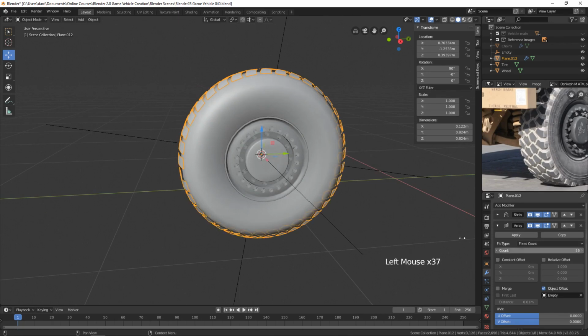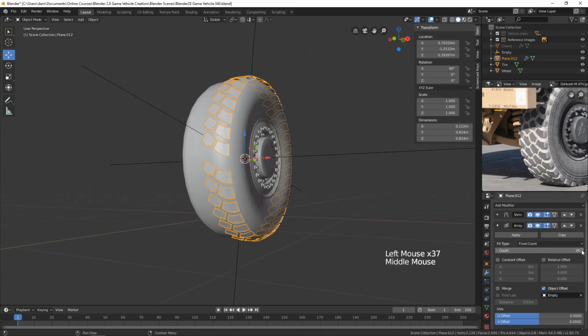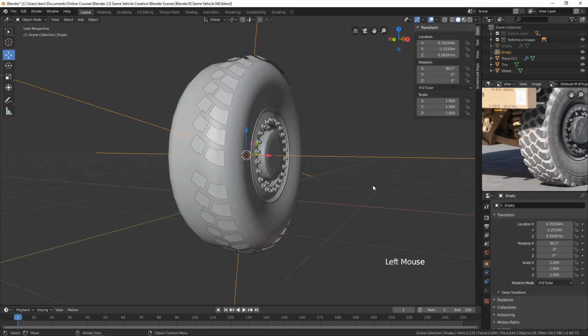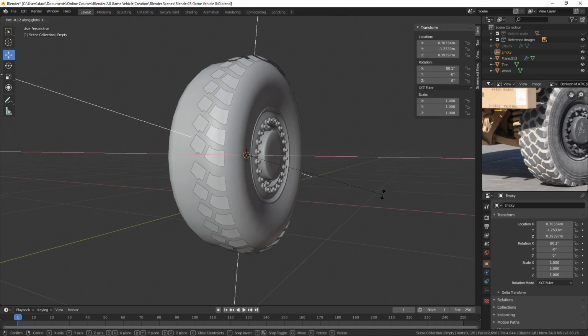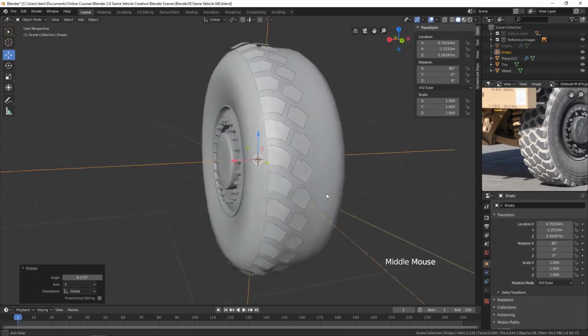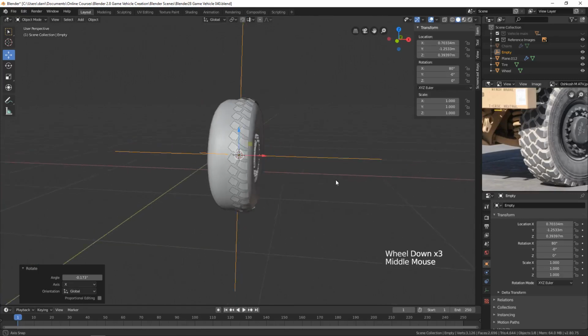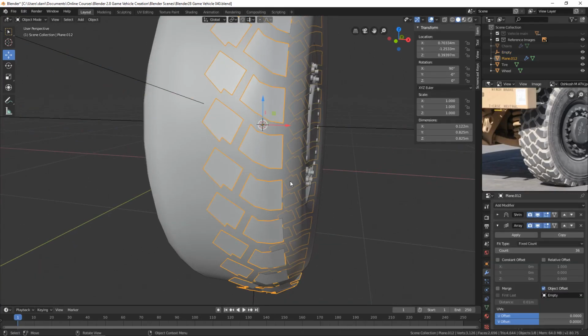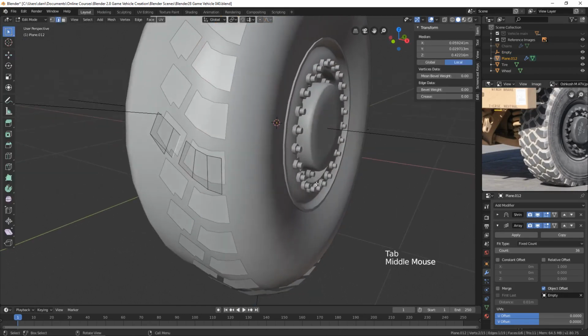And let's see if it comes out relatively even. No. So let's go back to 36 and then let's select that empty object and let's hit R and X and then there we go. I just moved the mouse a little bit. Right there. There we go. Yeah, that looks pretty good. Okay. So now that we have that, let's go ahead and do a little more adjusting on the actual original